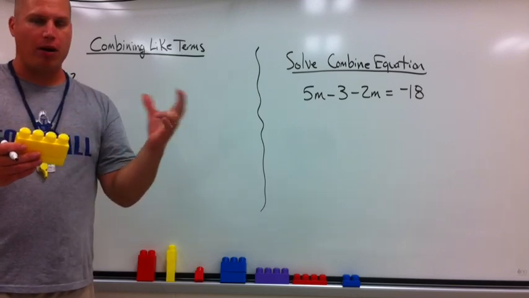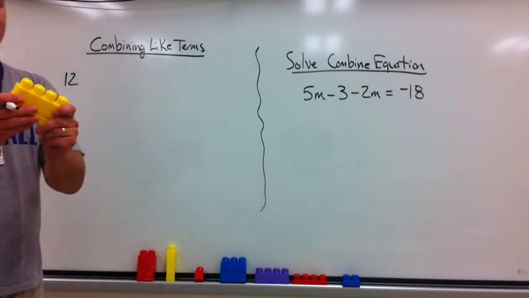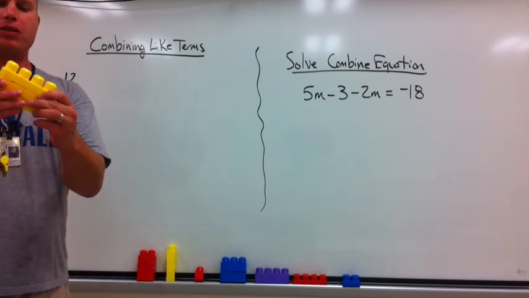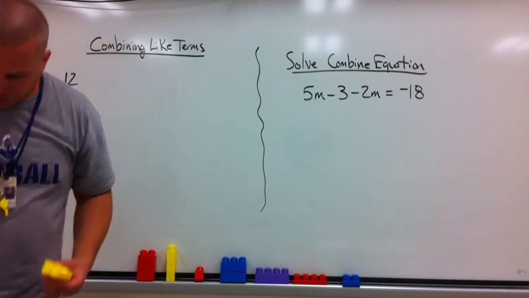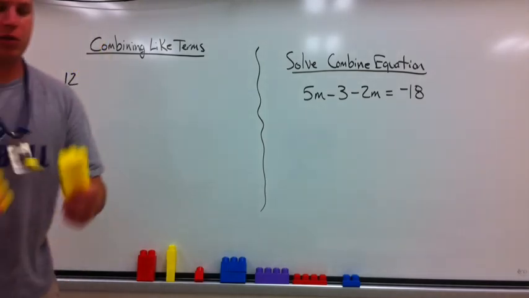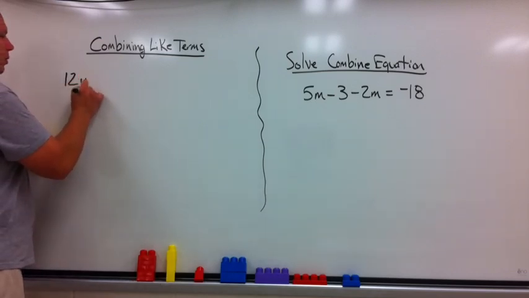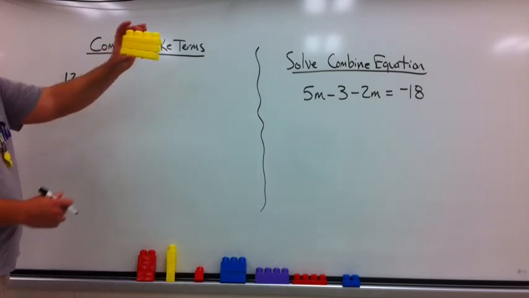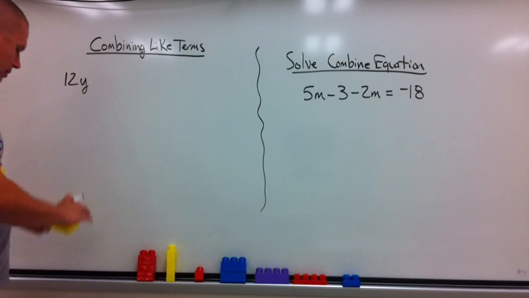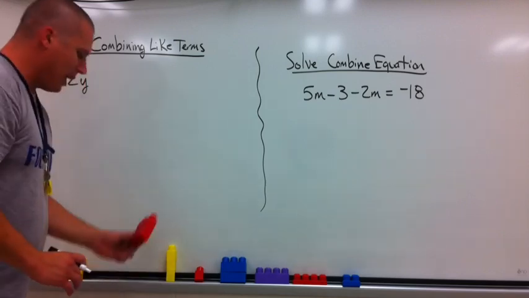It's not going to be a word, it's going to be a variable. So I need to think of a nice variable that works to represent this thing. I have 12 of them. 12Y would be good. Y standing for yellow. This batch is 12Y. My next batch,